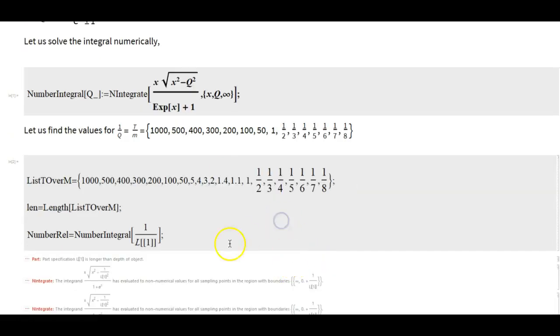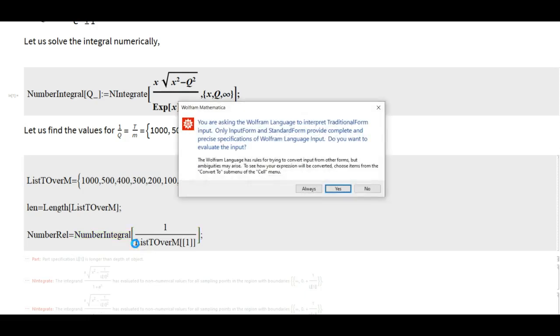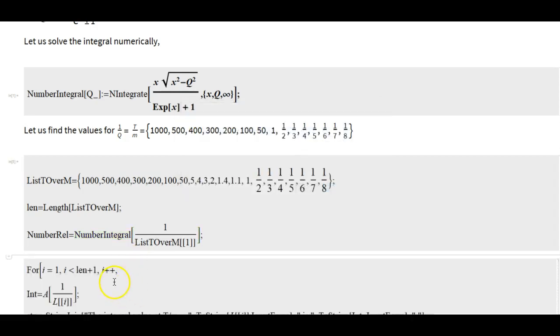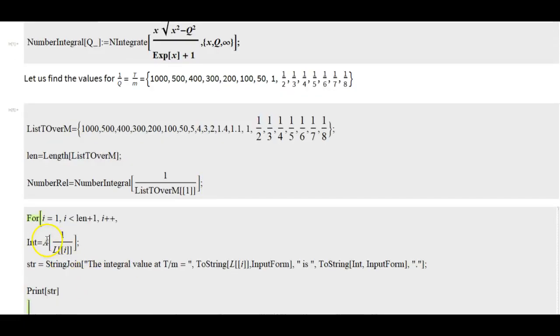Okay, so what does it say? Yeah, this variable has to be list T over M. Okay, let's reevaluate this. Now it is fine. So for i equal to 1 to length plus 1, i plus plus, I'm going to evaluate this